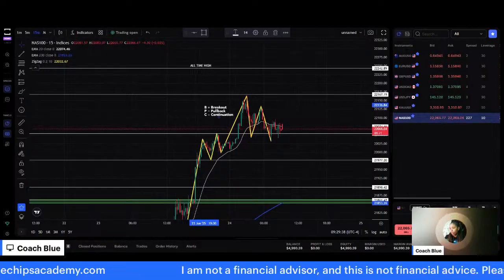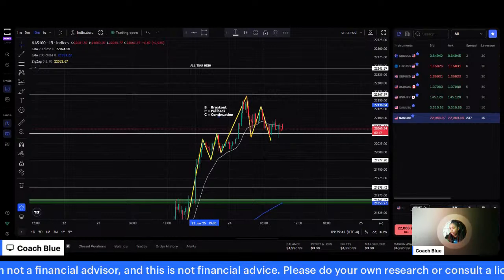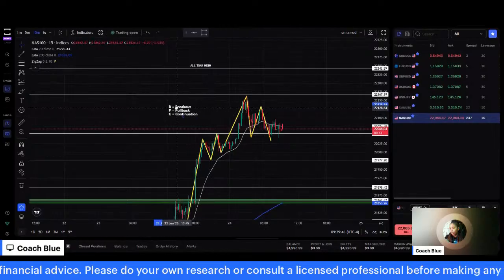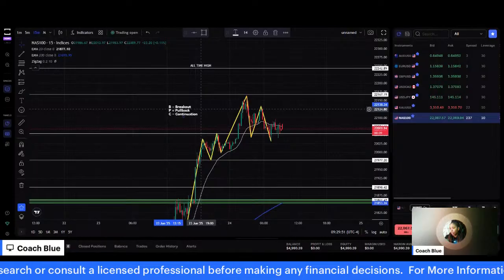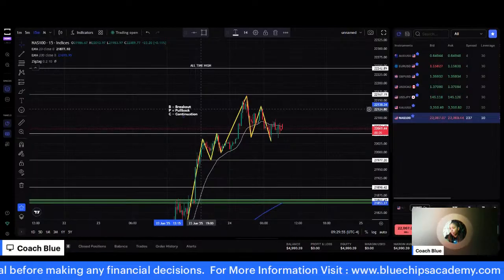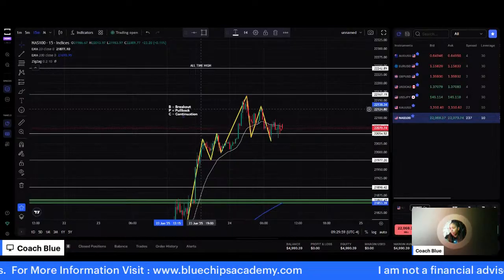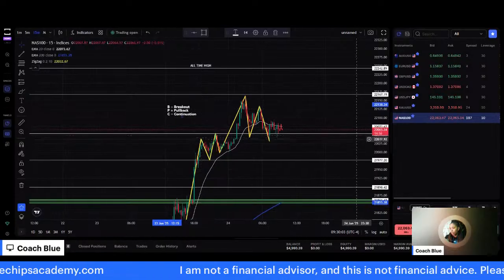For those of you all that are in the academy, you should know how to use the calculator over here for your positions. Just make sure that it's managed properly. That's another thing. I'll talk about that next week as far as managing your trades. But today I just wanted to go over the fundamentals and the basics. I'll leave this live up actually because I think this was really good as far as breaking down things from the beginning to where we are now.